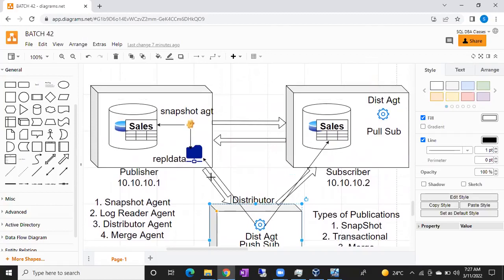Usually we should have a minimum of 2 servers to configure the replication. One is the publisher, the second one is the subscriber. I have a question for all of you. Can the same server act as publisher, distributor, and subscriber? This is the assignment for tomorrow. With only one server, try to configure publisher, subscriber, and distributor. Once this is done, I'll show you how to configure it. In a single SQL Server instance, try to configure your publisher, distributor, and subscriber. Whether it is possible or not, just check and let me know.